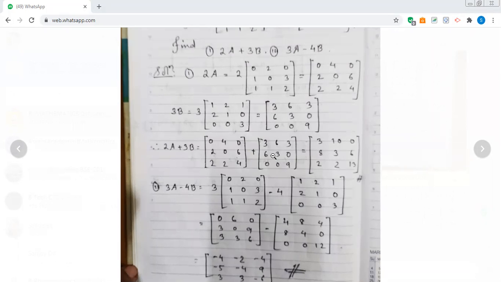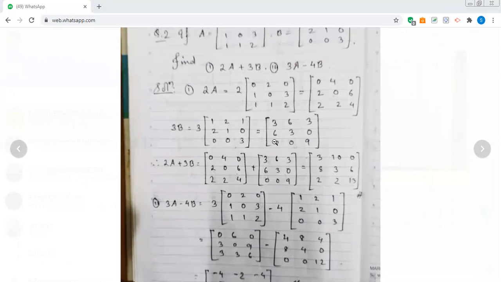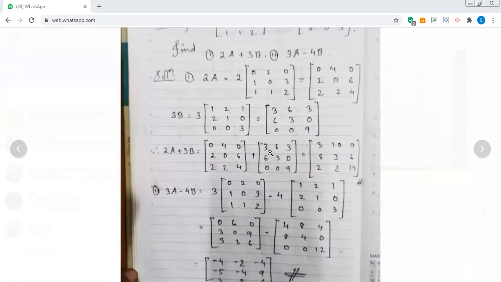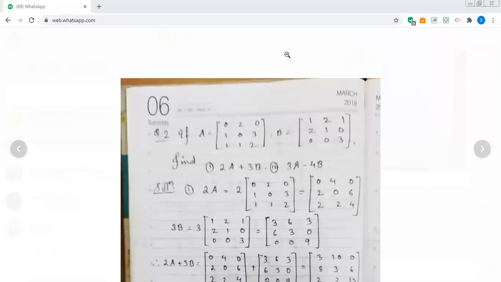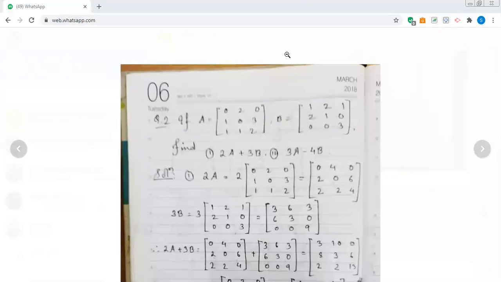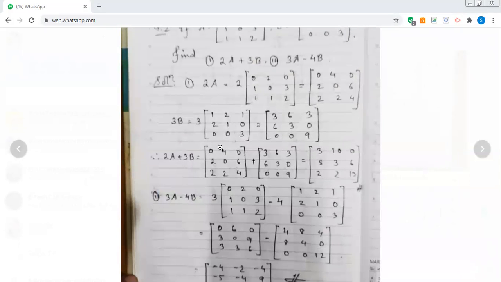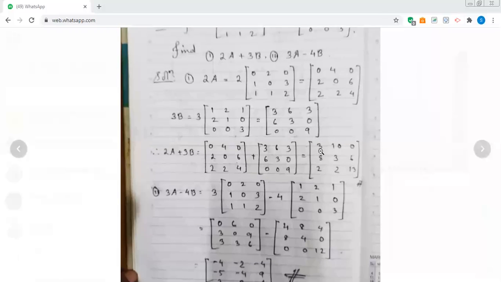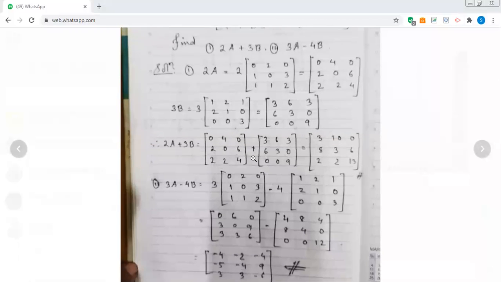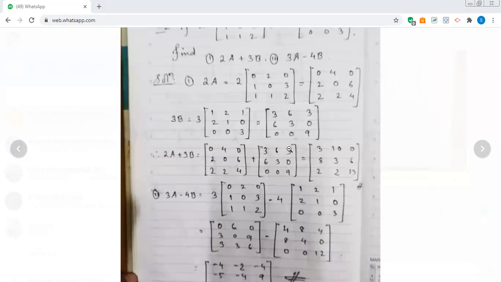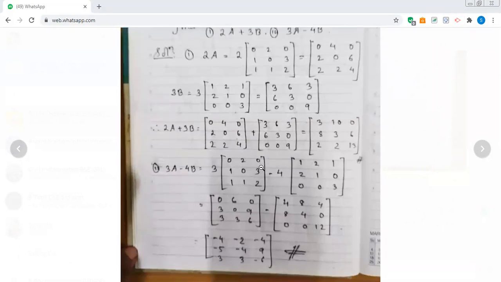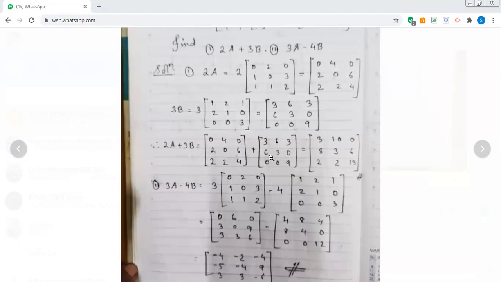That is the first thing. Okay, next what is the rule or how can you add? जैसे कि हम लोगों ने स्केलर मल्टीप्लिकेशन में स्केलर को एवरी एलिमेंट के साथ मल्टीप्लाई किया, but here how can you add the two matrices? You have to do what? See, you just have to add the corresponding elements, nothing else. You have to add the corresponding elements of the two matrices. That is 0 plus 3 first. So 0 plus 3 is what? 3. Then 4 plus 6, that is equal to 10. Then 0 plus again 0, that is 0. So first row का हो गया. Then second row का आ गया अभी 2 plus 6 is 8.